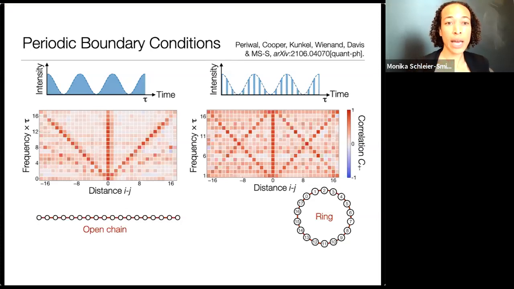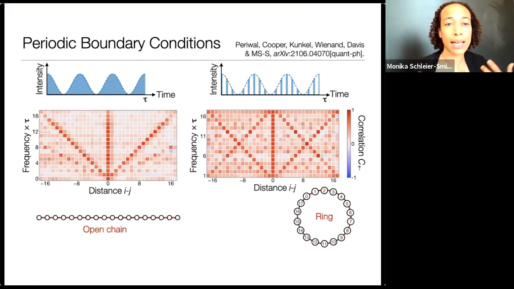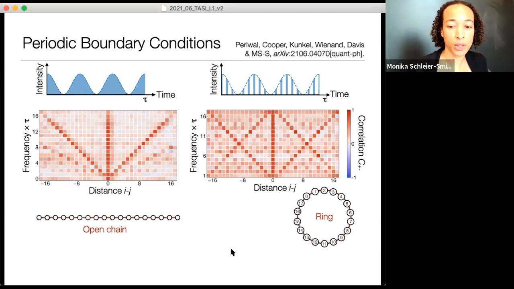And now, okay, so we can control the distance at which interactions are there. We can turn on periodic boundary conditions in the system. This starts to already show you that you can realize graphs that are different from just the physical geometry of the atoms. And in fact, this is an example where effectively the geometry of the system is something like a ring.